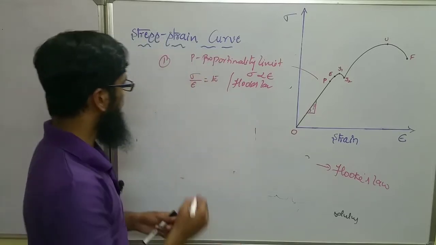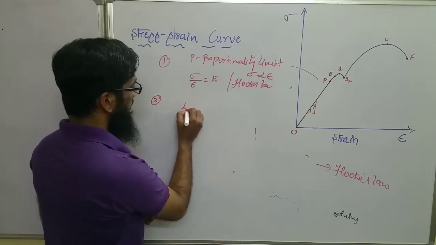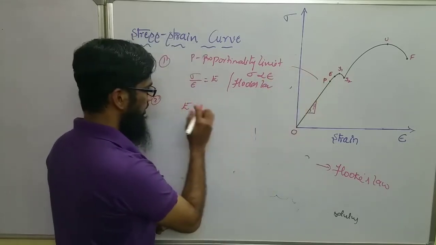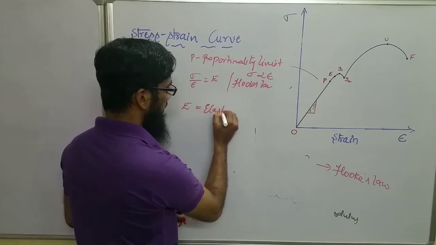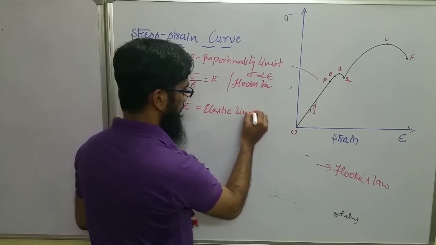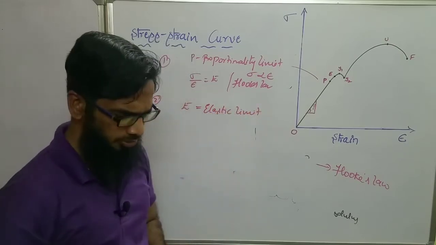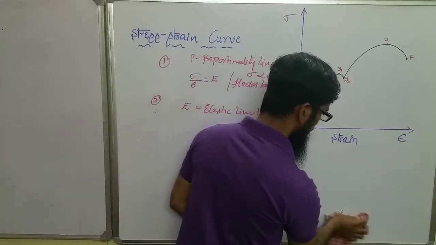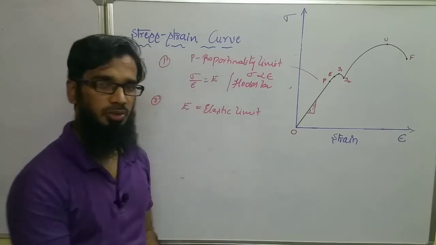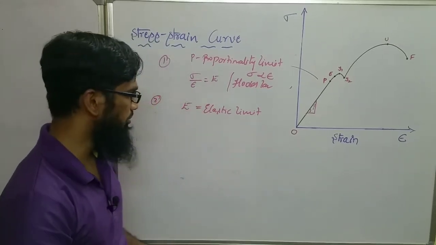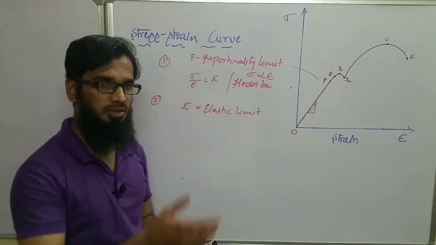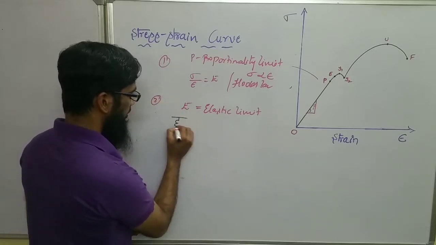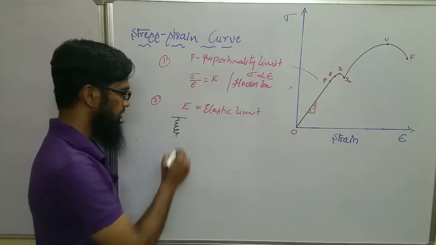Okay, now the very next point is E. Sorry, this E that I am taking here represents the elastic limit. The elastic limit is nothing but what? Once the material removes the load that you have applied to the member, if you just remove it and it comes back to the same shape and size, that limit is called the elastic limit. For example, if I take a spring here,